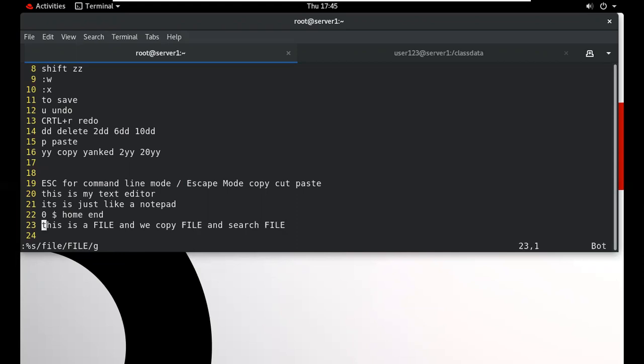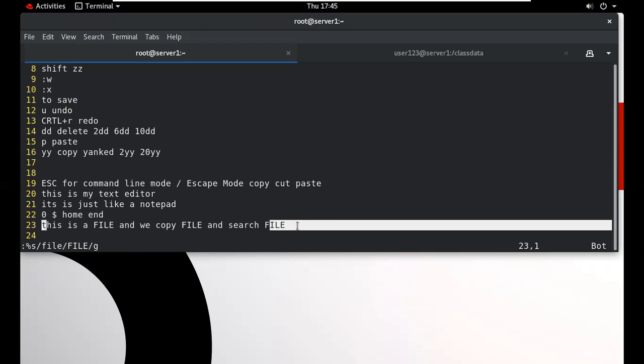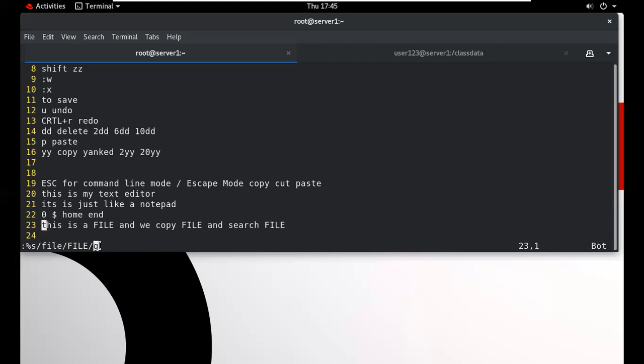It will replace all. So all file words will be replaced with capital FILE. Now you can see that. So this is the use when we want to search any particular word in the file and replace all the occurrences.